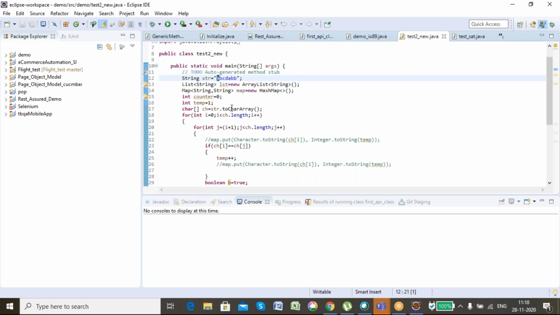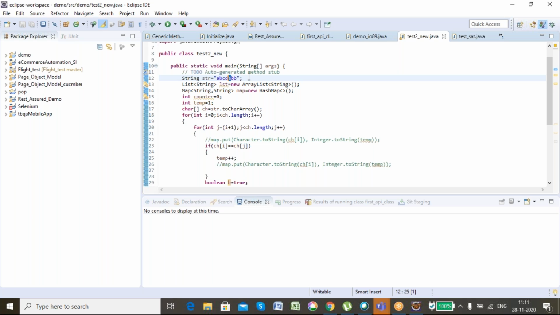Second time, again the loop will come to this a also, no? So when this comes, it will try to populate the map, and now what will happen, it will populate a with the value temp equal to 1. It will not find a in the next counter, so now it will populate with a equal to 1. So what will happen in the map, you saw it now, no? It will get replaced with the new value, but I don't want it. I don't want it to get replaced because I want my previous value, a equal to 2,